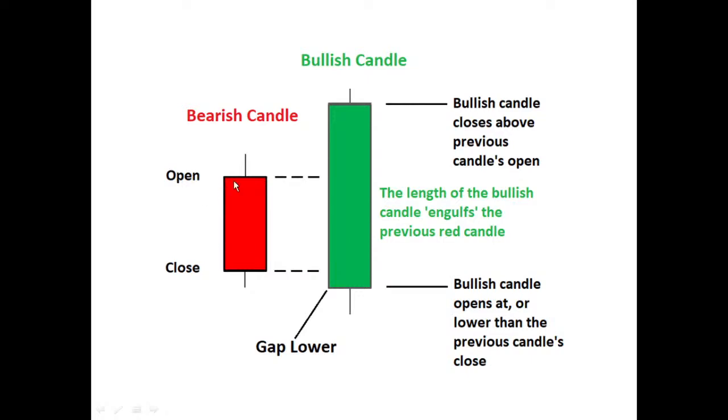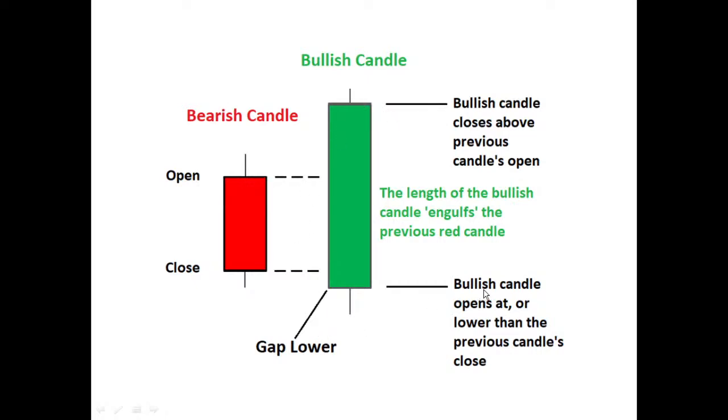This place is the opening point of that day, of that time frame, and then this is the closing. Because it is red, it is a bearish candlestick, and this is a bullish candlestick. This is the wick, this is the closing for the day, and this is the opening. Here now, this gap lower, you can see the difference between this place and this place is why we say it engulfed this. The green engulfed this at the bottom, and at the top, between this place and this place, totally engulfed.